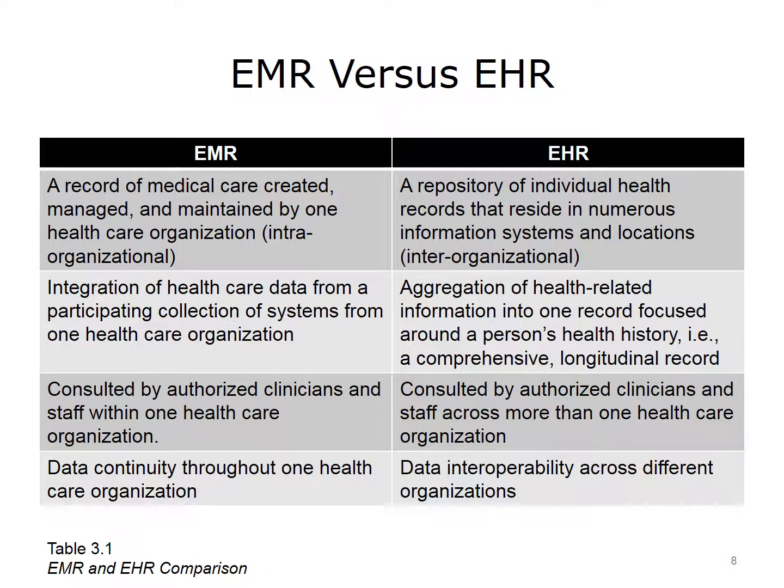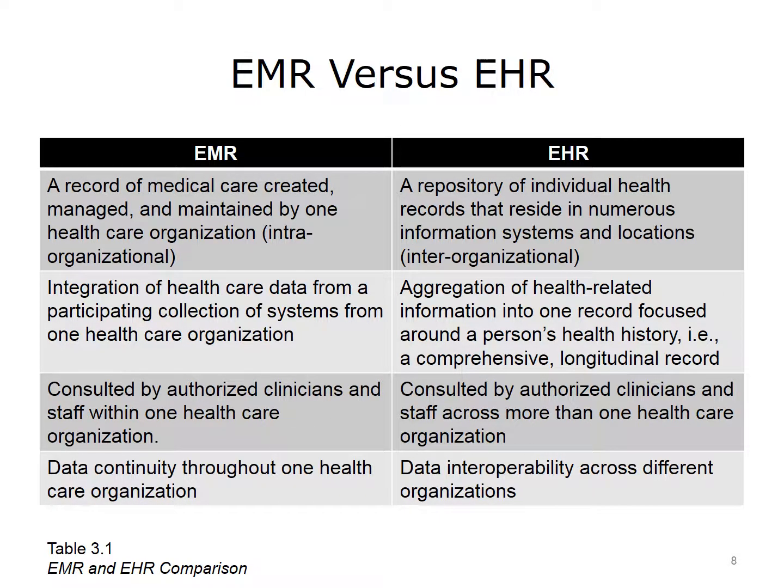Adding to NAHIT's principal difference, other comparisons illustrating similarities and differences between an EMR and EHR are shown in Table 3.1. The first row in Table 3.1 states, an EMR is a record of medical care created, managed, and maintained by one healthcare organization, intra-organizational, while an EHR is a repository of individual health records that reside in numerous information systems and locations, inter-organizational. The second row explains an EMR is an integration of healthcare data from a participating collection